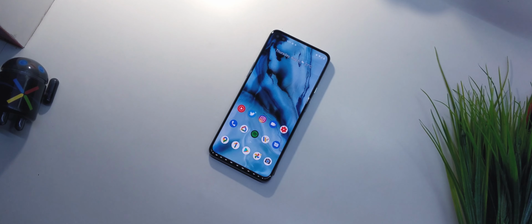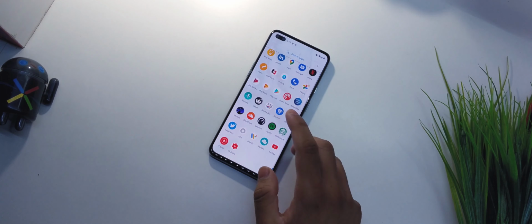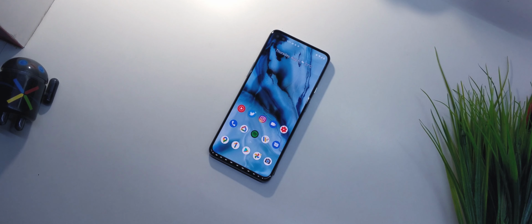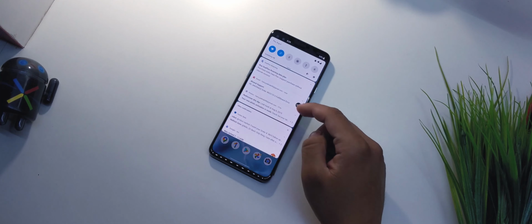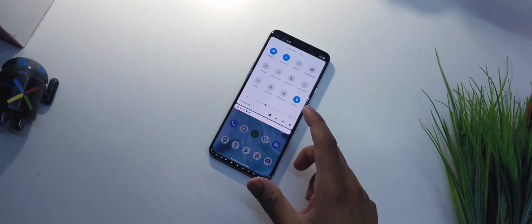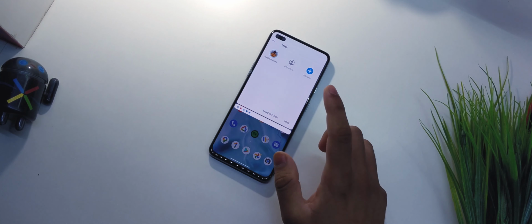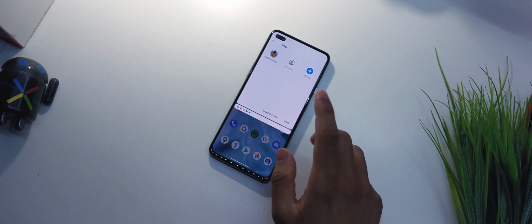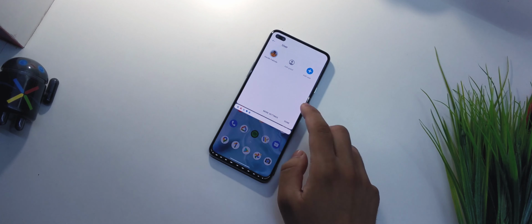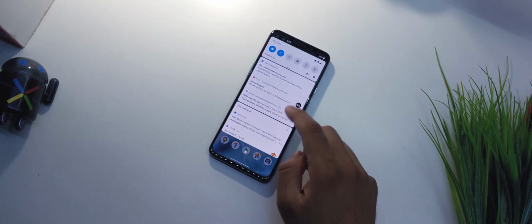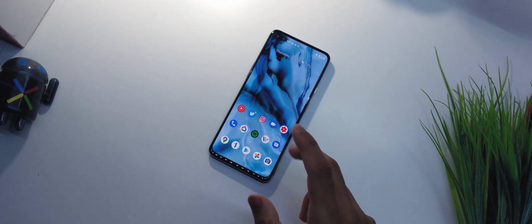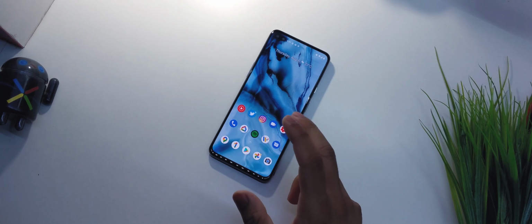And yeah, the next thing it also says is you'll be able to take a screenshot of a long WhatsApp conversation. So I don't have WhatsApp in this phone as of now. So if you guys try it and if it works, do let me know down again in the comment section. So the next thing it says is you'll be able to add 2 accounts to your phone. I'm guessing this is the account that you have, and if I'm not wrong, you were able to add accounts in the previous update as well. So I'm not sure if this is something new, but if it is, that's pretty good.